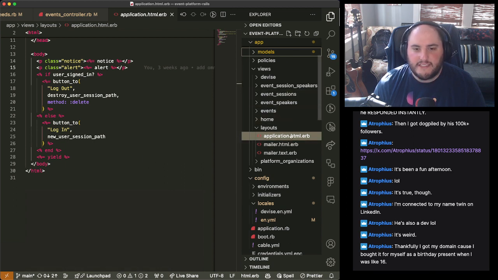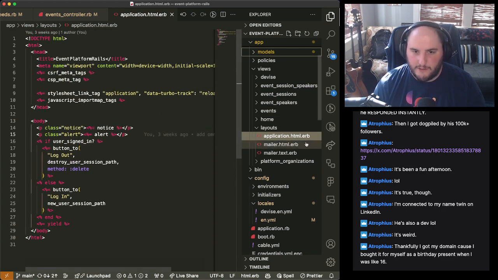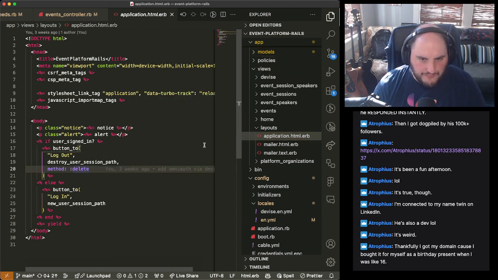Now I could create a second layout that's specific for these event pages that would allow for the behavior. And so this is like our event admin. Now we've only built that side of the house, so I kind of don't want to mess with that. So we're going to leave that alone.